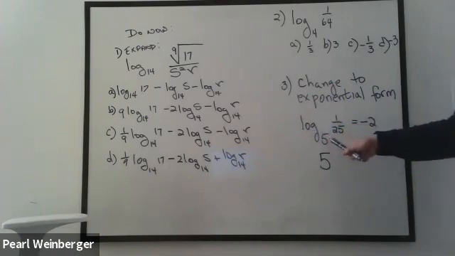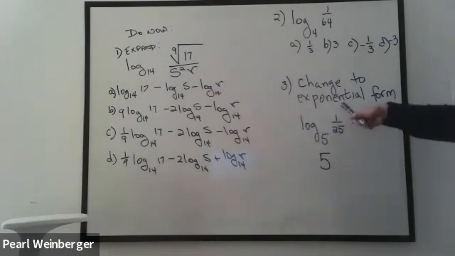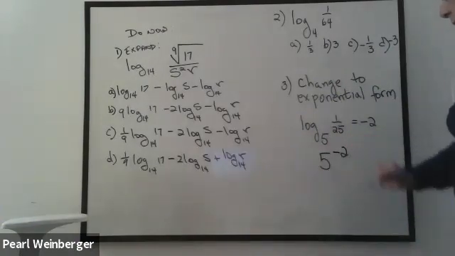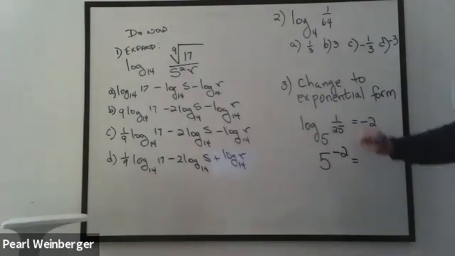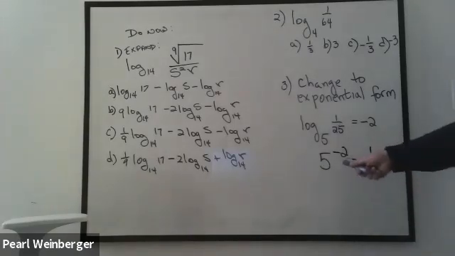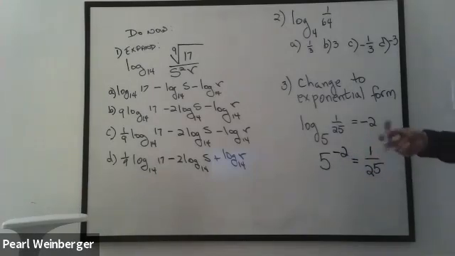The log base 5 of 1 over 25 equals -2 means the number on the other side of the equal sign is the exponent. And that equals the number that is right next to the word log. So in exponential form, this would have been written 5 to the -2 equals 1 over 25, which we know